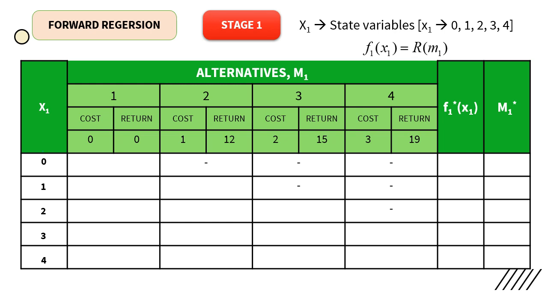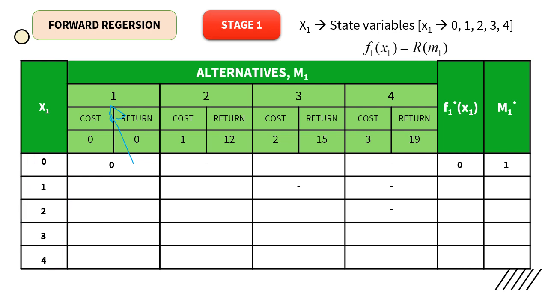So I am going to spend 0, no money. 1 is 1 crore, 2 is 2 crores, 3 is 3 crores and 4 is 4 crores for each alternative. First, if I spend 0, I won't get any return, so 0. So my maximum value is 0, and the best alternative here is 1. The 0 is at location 1, so I'm writing 1 here.